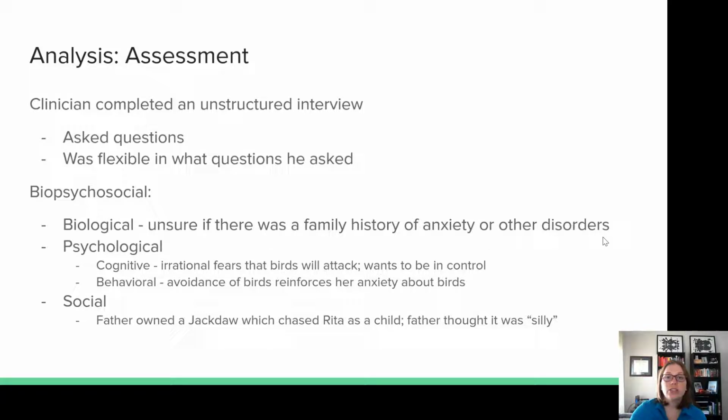So that's important to note, right? I can assess what's happening in the room. She does have a therapist with her. You might not have a therapist, so that's okay. And I'm analyzing this because we talked about interviewing. So this seemed to be an unstructured interview. He asked questions, but was also really flexible. So he asked her a question about what was going on when she was experiencing the jackdaw,